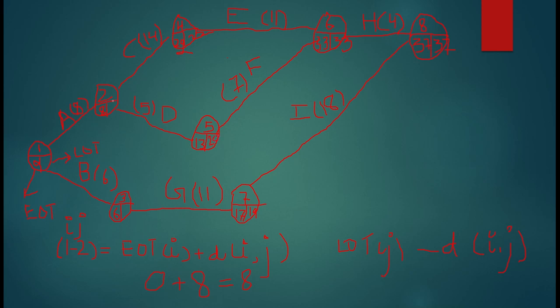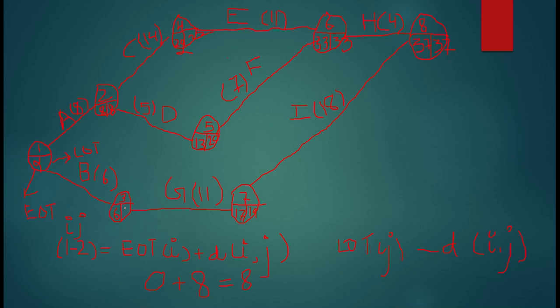Now to reach back to 2, I have two paths. From 4 also I can move to 2, and from 5 also I can move to 2. Here I will take the smaller one. When I was moving forward I took the greater one, but when I am moving backward I will take the smaller one. So 22 minus 14 is 8, and this 20 minus 5 is 15. So I will take the smaller one. So 22 minus 14, 8. I will take the smaller one. So here I have written 8.